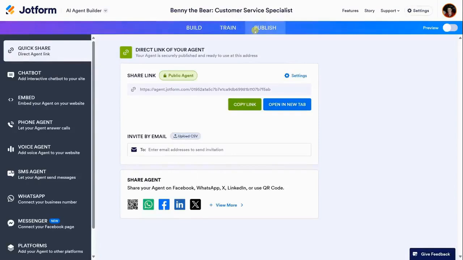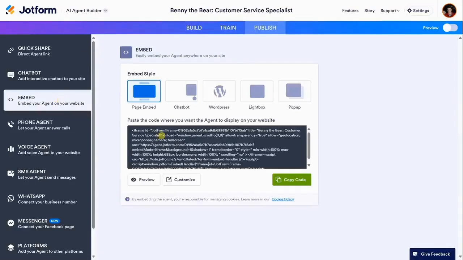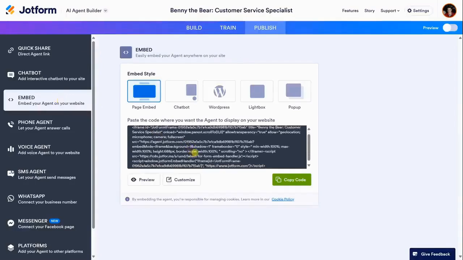The Publish page makes it really easy to share, embed, and distribute your agent through various channels. Let's say, for example, you just want to share a direct link. Over on the left-hand side, I'll click on this Quick Share option, and here we can copy a link. Or let's say you want to embed this agent directly into your website. Over on the left-hand side, let's click on Embed, and here we see the embed code